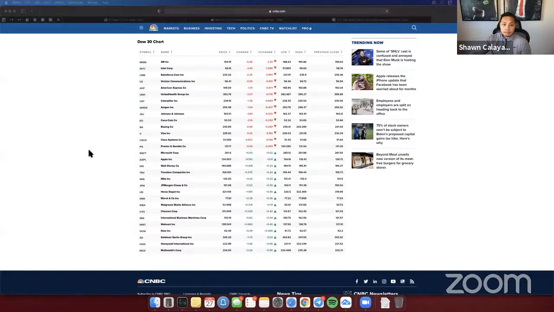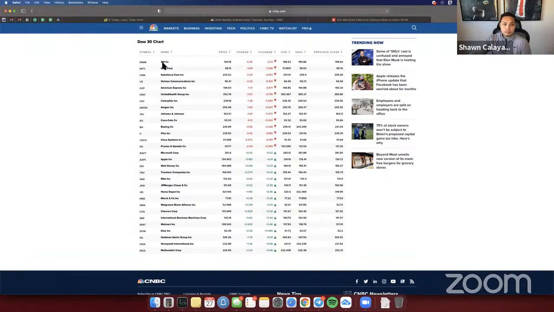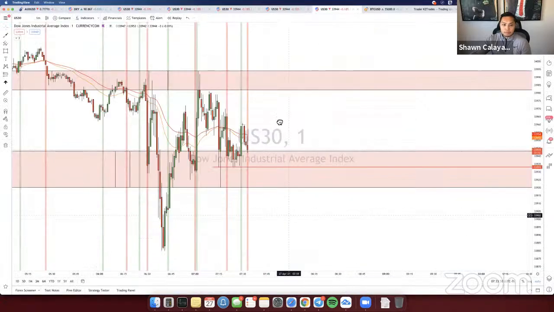Let's see. Yeah, it looks like all of the same names here are still dragging down. MMM is dragging down. Intel. I think more reports are still being released, right? So as more and more reports are being released, it's going to affect the market. That's probably what's causing the back and forth movement with these indices here. Let me go back to US 30 real quick.